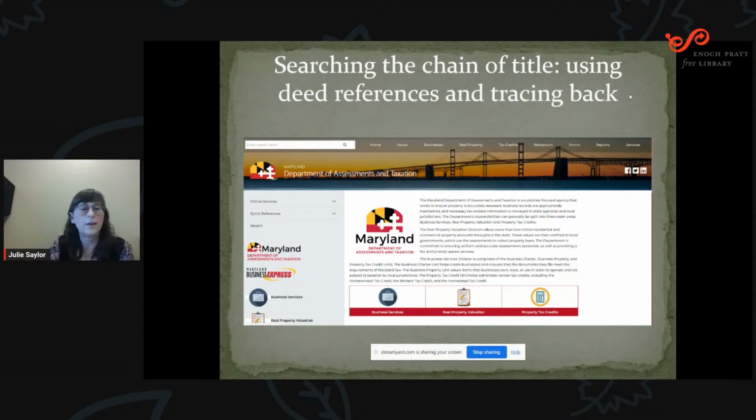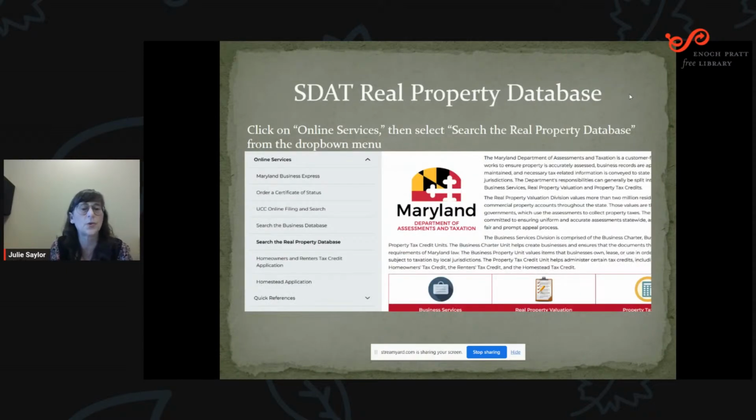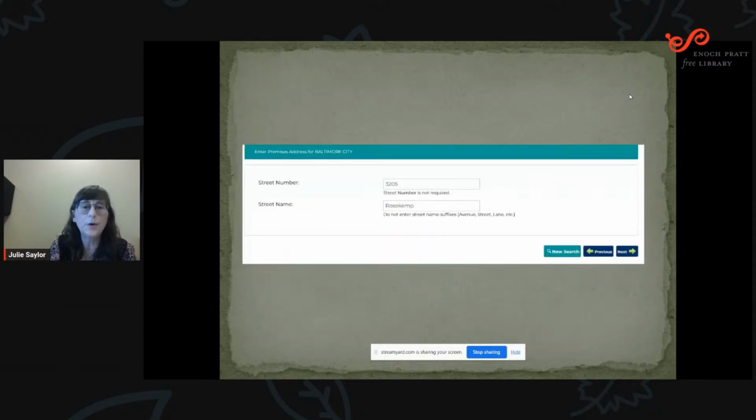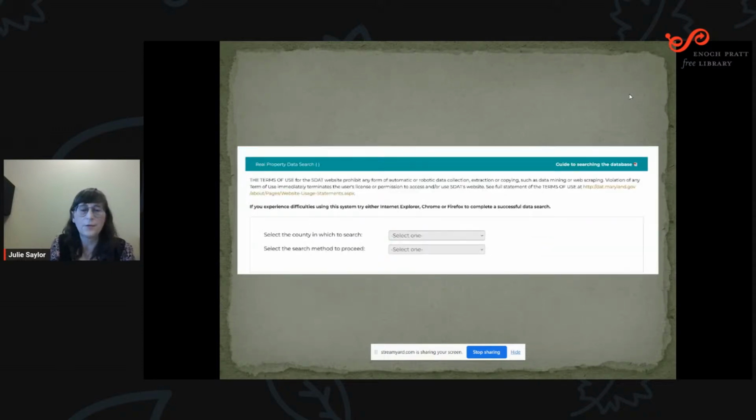dat.maryland.gov. And if you see here on the left of the screen where it says Online Services, you'll be clicking on Search the Real Property Database. You see that highlighted here. And then here is where you will be selecting the county and the search method to use. I have a few more slides, and then we are going to a live screen. So in this case, we'll be choosing Baltimore City, and the search method we'll choose is the